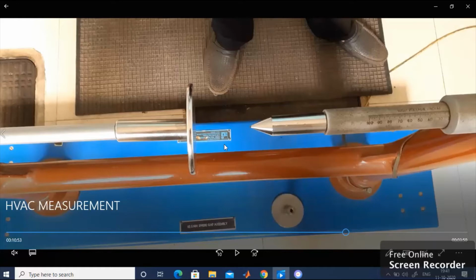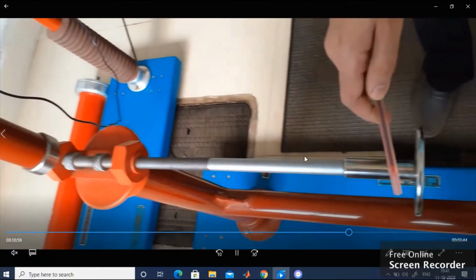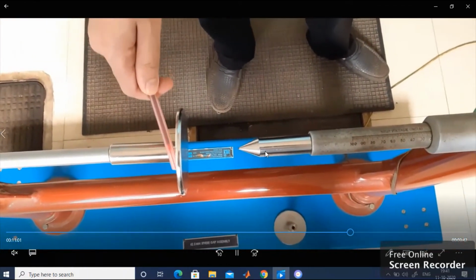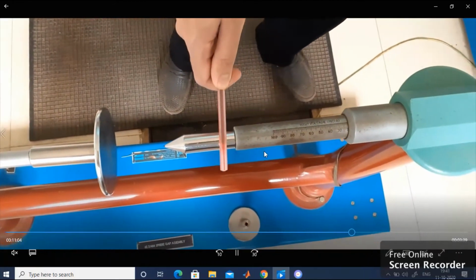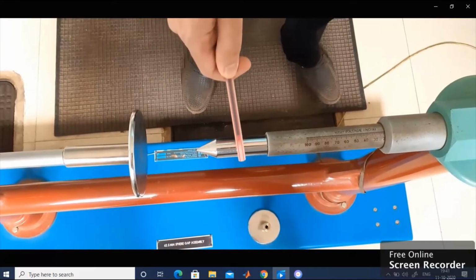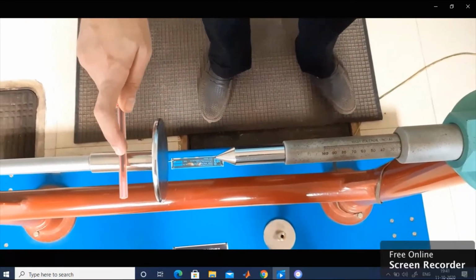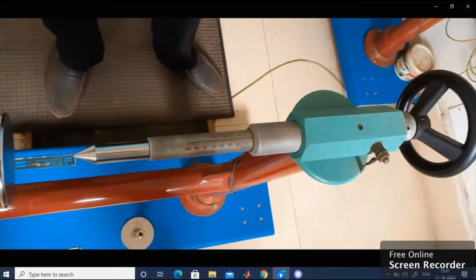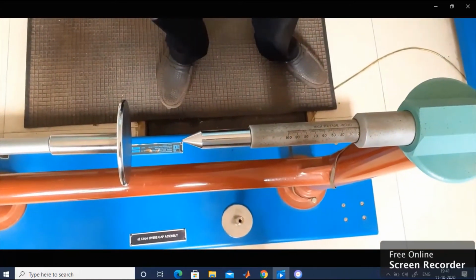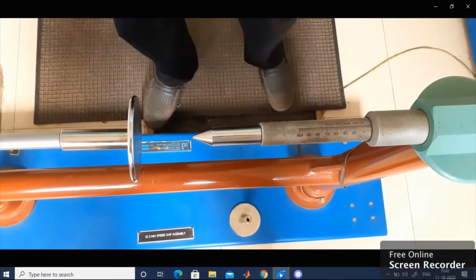Thereafter you have to maintain the gap distance such as 10 mm, 20 mm, 30 mm, 40 mm, likewise. Let us observe. Now this is the plane and this will be the point. Before placing that, don't forget to clean. Make sure that no dirt or moisture is present on that surface, otherwise you may get the wrong reading. In order to improve the accuracy, cleaning has to be done. It should be totally free from dust and moisture, and the temperature should also be maintained at room temperature.